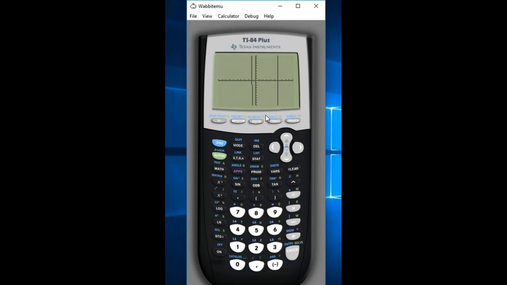If I wanted to double check myself, every single ordered pair on the x-axis has a 0 in the y spot. So I could go to the table and look for -1, 0 and positive 6, 0 just to double check myself. And here's where I find the table. It's in blue, so I'm going to hit second table. Sure enough, I see -1, 0, and I can arrow down to find 6, 0. So that lets me know I'm for sure correct that -1 and positive 6 are my 2 rational roots for this polynomial